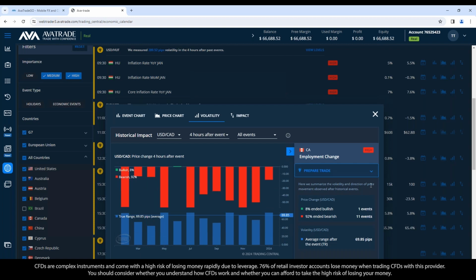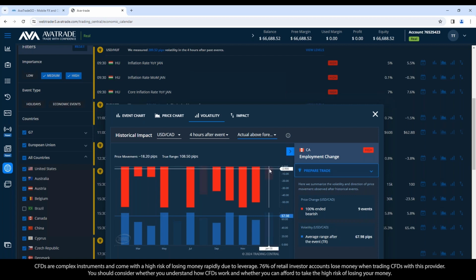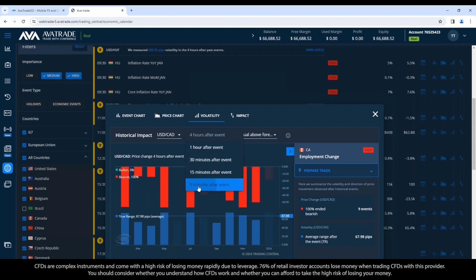This is interesting because if we look at all of the events, look at all the red. 92% of the time with these events, the USD has dropped against the Canadian dollar in the recent history. And if we look at above forecast, it's 100% of the time. If these numbers come in higher than expected, the history shows a consistent strengthening of the Canadian dollar. And we're talking a 68 pip movement